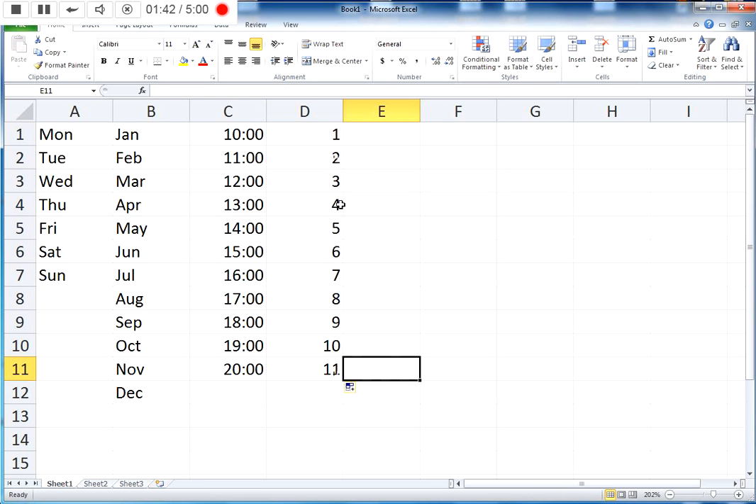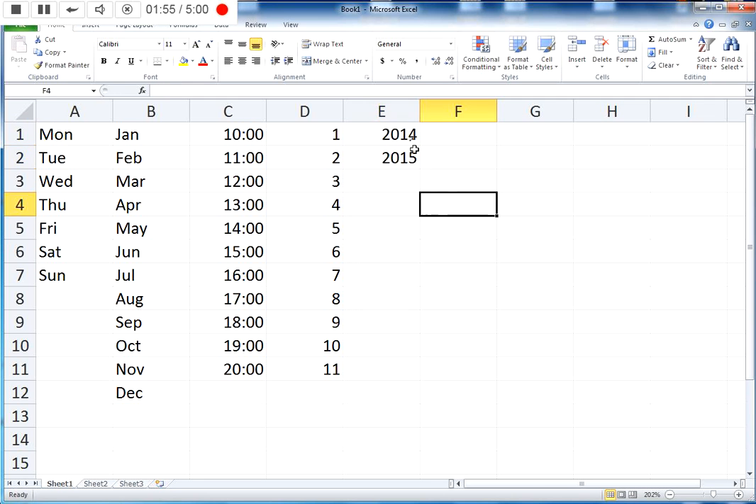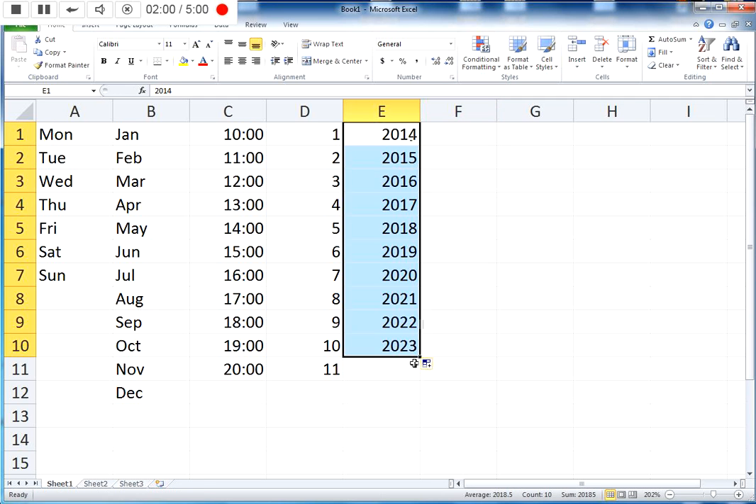That's very convenient. Now another convenient thing to do with this is, let's say we're creating a calendar. The year for us is 2014. Well, if I just drag down, it's going to give me a bunch of 2014s. However, if I put 2015, highlight both, drag down, it's going to extend the date into the future. Now,